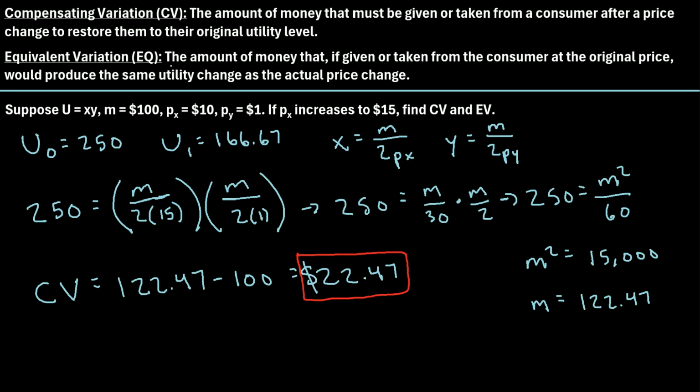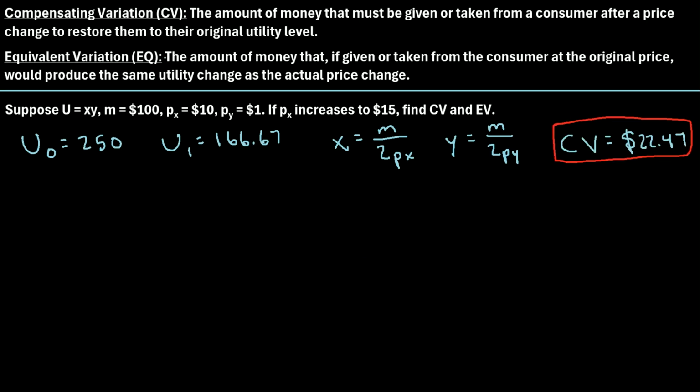Next, we can find our equivalent variation. So I'm going to clear a little bit of space again. Okay, now let's calculate the equivalent variation. So that's the amount of money that, if given or taken from the consumer at the original price, would produce the same utility change as the actual price change. So remember the new utility was 166.67. So to solve for the equivalent variation, we can say